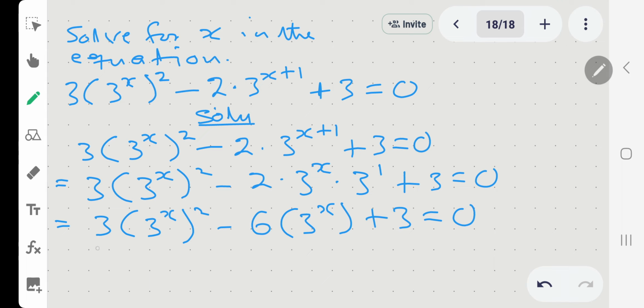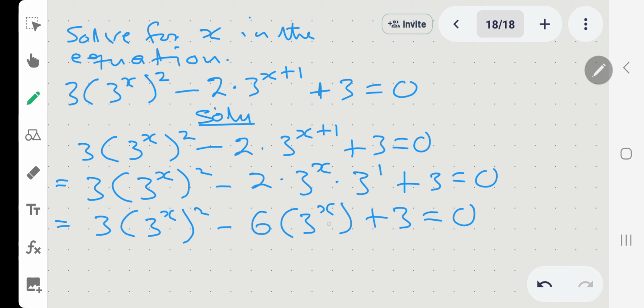So here we can observe from this equation that we have 3 raised to the power x here, we have 3 raised to the power x here. We cannot subtract 6 from 3 because this 3 raised to the power x has power 2. This one does not have power 2. So in this case, we cannot subtract 6 from 3. So what we have to do is,